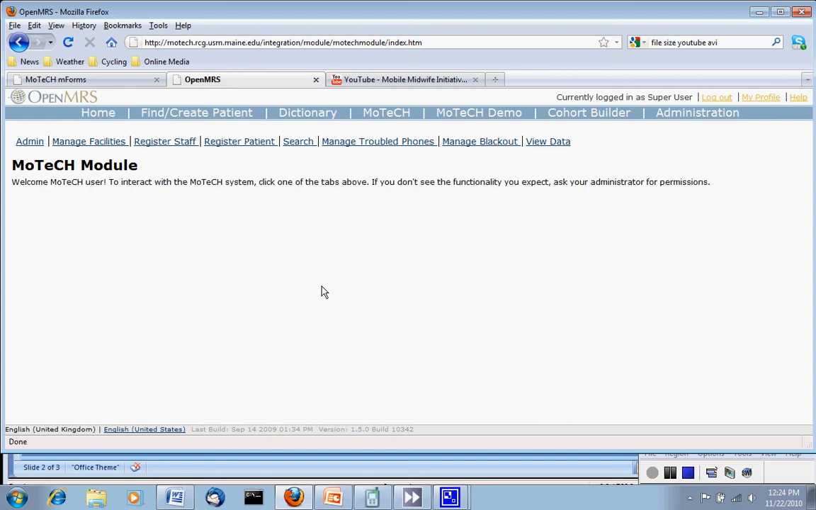We can register patients using the web-based application. Normally patients are registered using the mobile application, but the server side can also register patients. The scenario is someone wants to be registered as part of MoTeCH, and they call up the call center and give the information over the phone, and a call center staff member enters it into the server. We can search for patients in the system and find out more detailed information about their encounters and the data